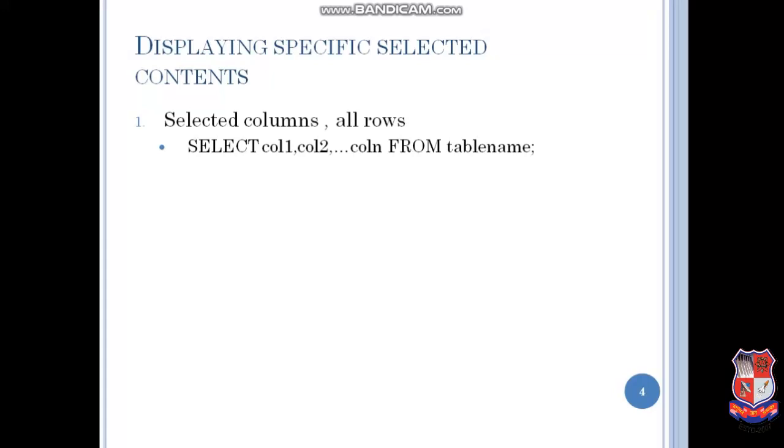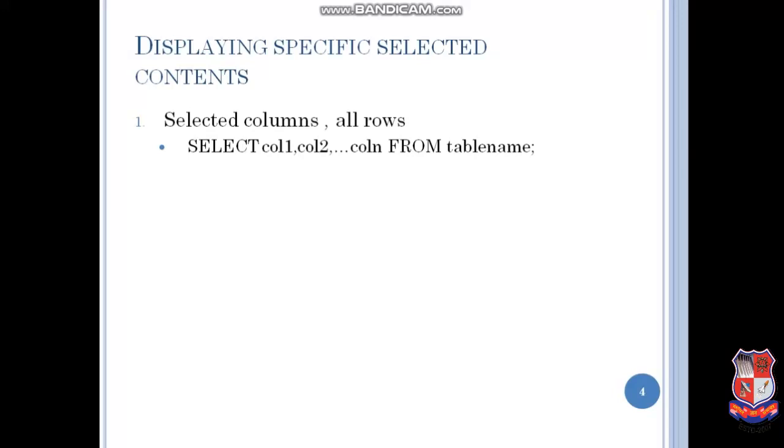Many a times I do not want to see the entire content but only some specific content. There are different options for it. Let us check them. First, for example, if I want to see particular columns and all rows, like in our table we had 3 columns: account number, balance and branch name.